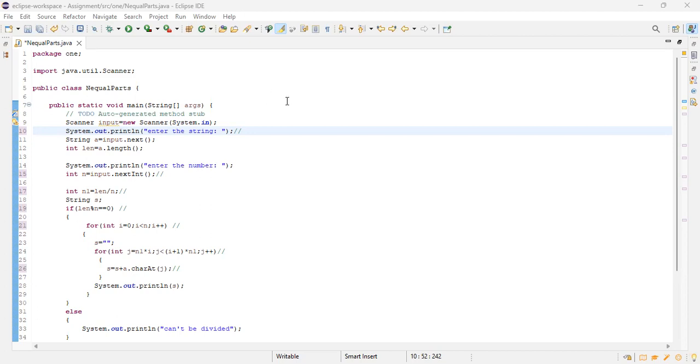into 2. For example, if I give the input string as A, B, C, D, and the value n equal to 2, then it will be divided as A, B, and then C, D. If I give the number as 3, it cannot be divided. It can divide only A, B, C as one part of the string, and another part of the string will not have anything. And if I have A, B, C, D, E,